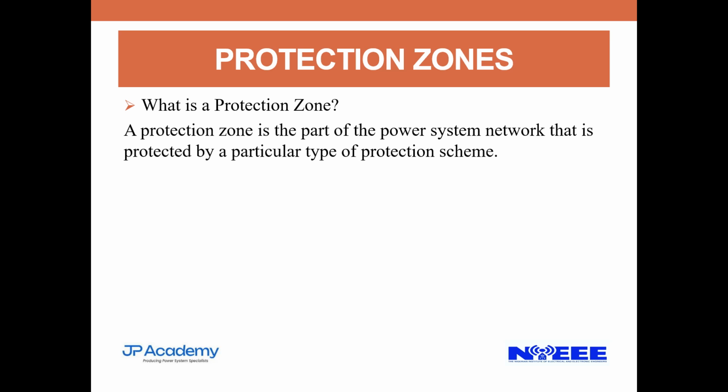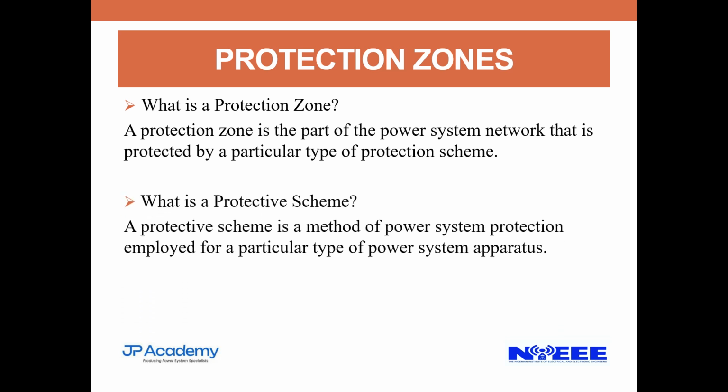What we mean is this is usually set up around each equipment in the power system network. So when a fault is introduced in the power system, only the circuit breakers in that zone of the equipment will open, thereby isolating the other devices. We'll get there. When we talk about a particular type of protection scheme, what we mean is this.